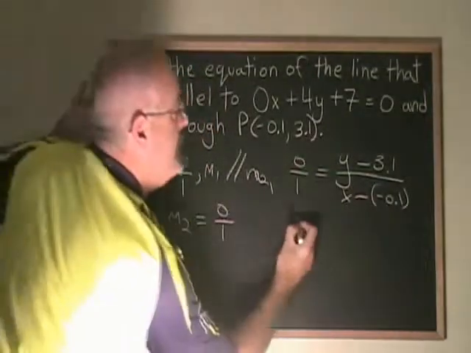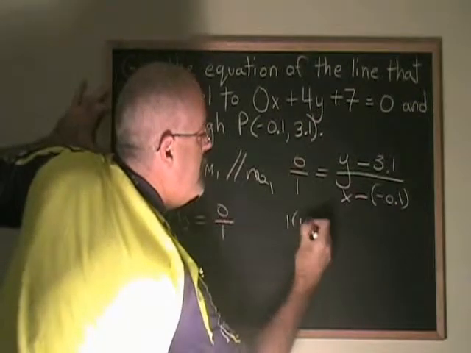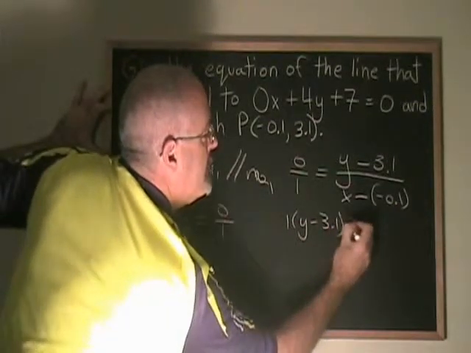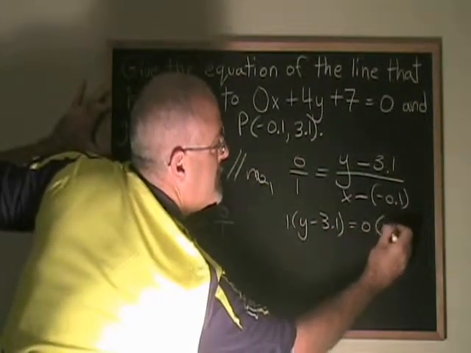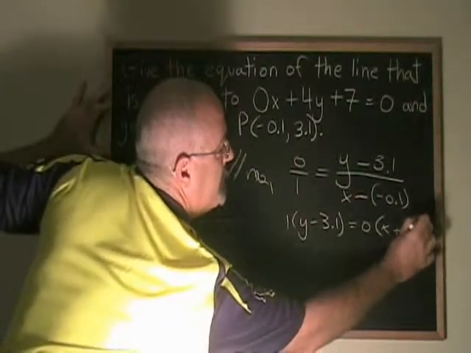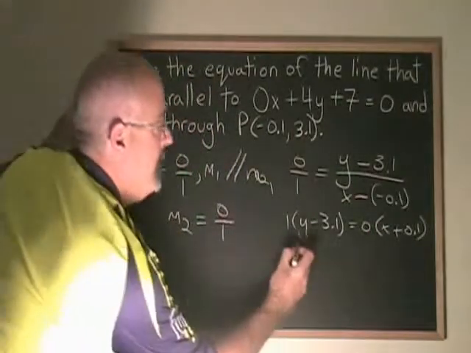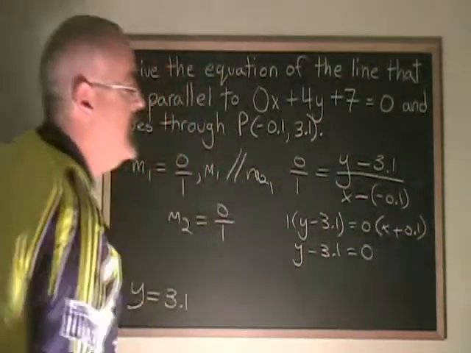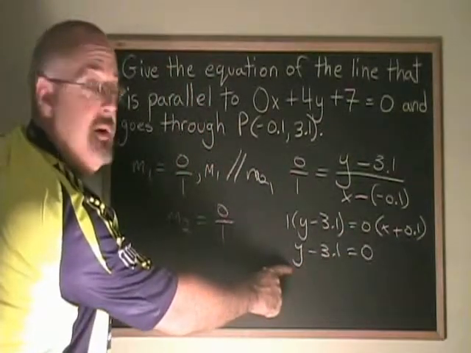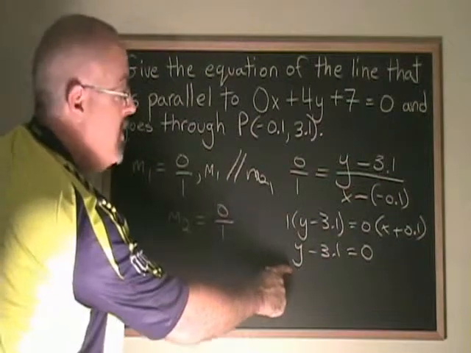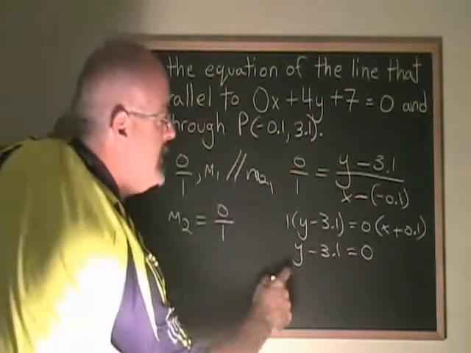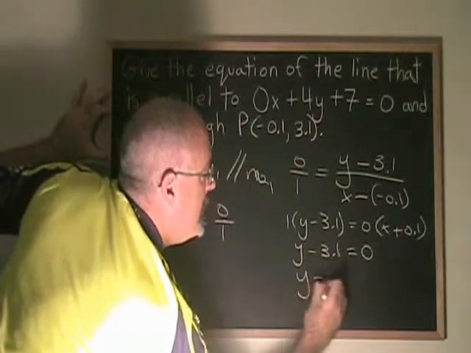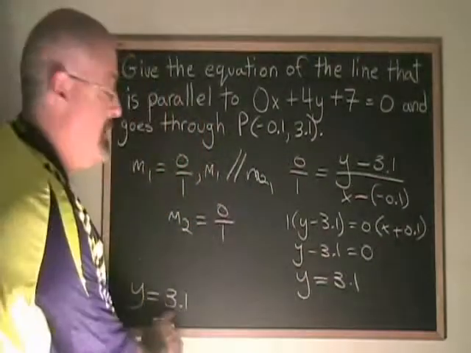Cross multiplying, I get 1 times (y - 3.1) is equal to 0 times (x + 0.1). Simplifying, y - 3.1 is equal to 0, and this can be my equation in standard form, or if I want it in slope-intercept form, I have y = 3.1,